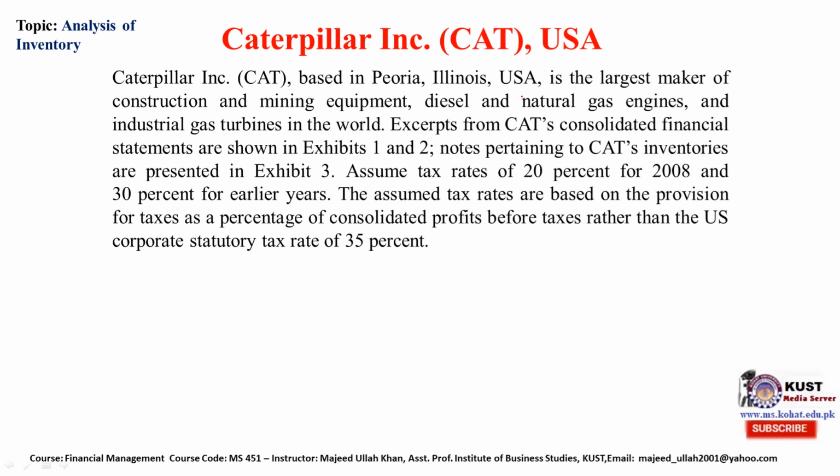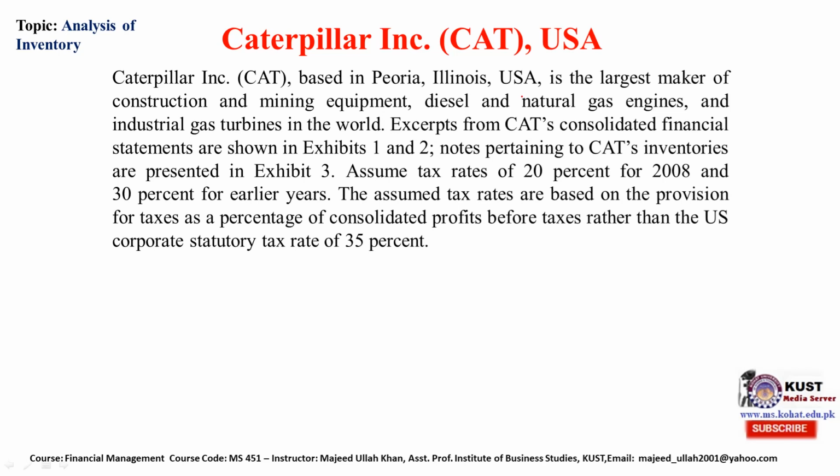It is the largest maker of construction and mining equipment, diesel and natural gas engines, and industrial gas turbines in the world. Excerpts from Caterpillar's consolidated financial statements are shown in Exhibit 1 and 2,